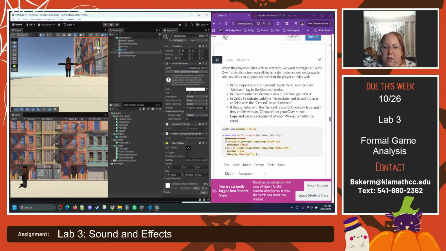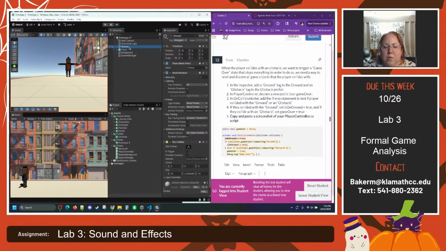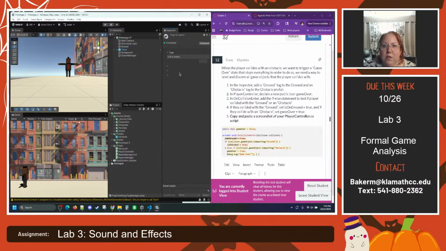So in the inspector on our ground object, we need to add a tag. Right now it is untagged. We are adding a tag